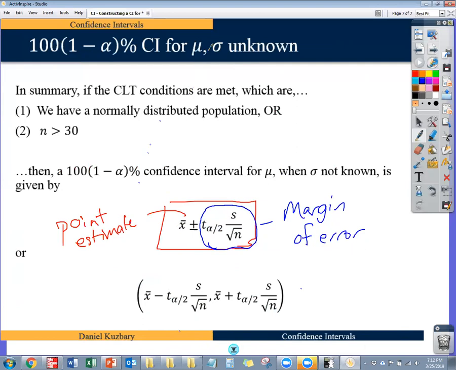So in another video, I'll give you some examples of how to do confidence intervals in this new